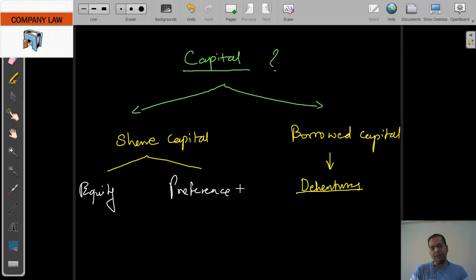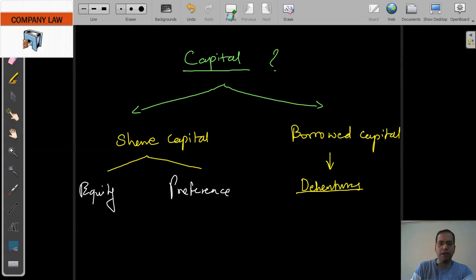So we have studied the memorandum of association, and under the memorandum of association we have talked about the capital clause. Under the capital clause we have seen that the authorized capital of the company is required to be mentioned. Now how is the authorized capital decided? It is as per the requirement of the company. So we are going to talk about that as well, which types of classifications of capital can be there in the company form of business. So let's first focus on the classification and then we'll move on to the further part.